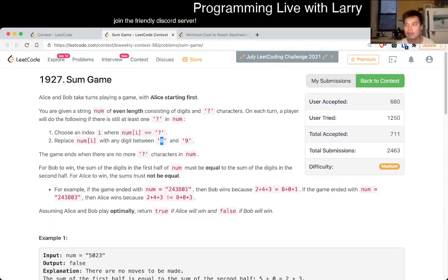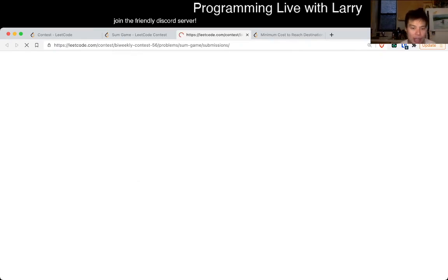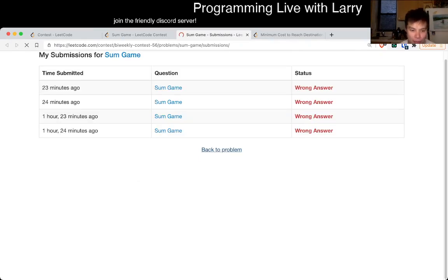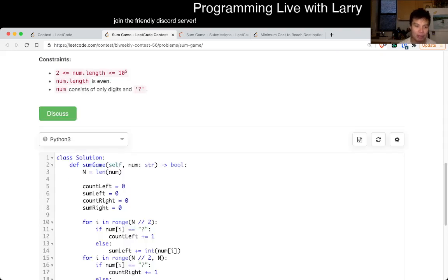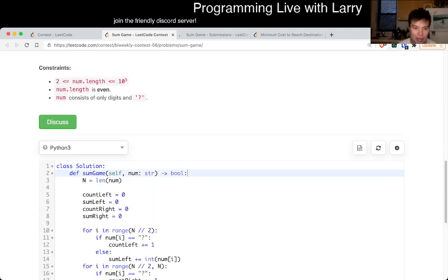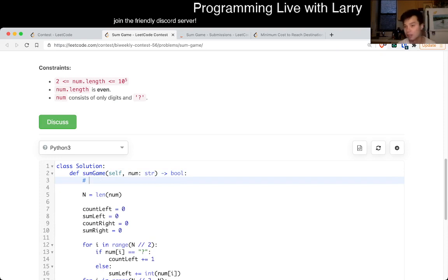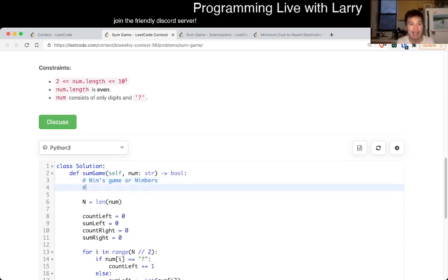Hang on. But yeah, if you were to Google, I would look up Nim game or Nimbers. I know it looks like a typo, but it is not a typo. Basically the idea is that because you can choose between every number from 0 to 9, you can think about the safe states, right? Because Bob goes second, if we are able to get back to a safe state,